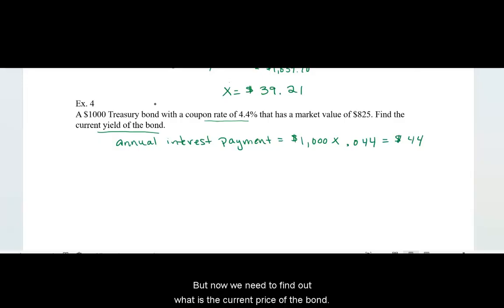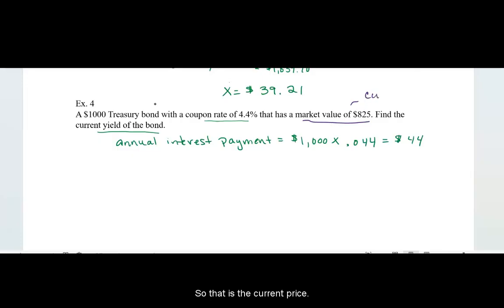But now we need to find out what is the current price of the bond. Well, that's the market value right here. That's the market value. So that is the current price. Okay, when you see market value, that's what it currently is priced at. Okay, so then to find the current yield,